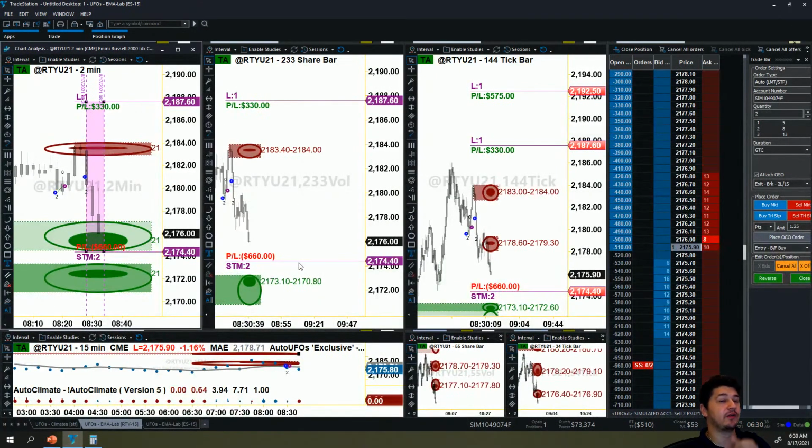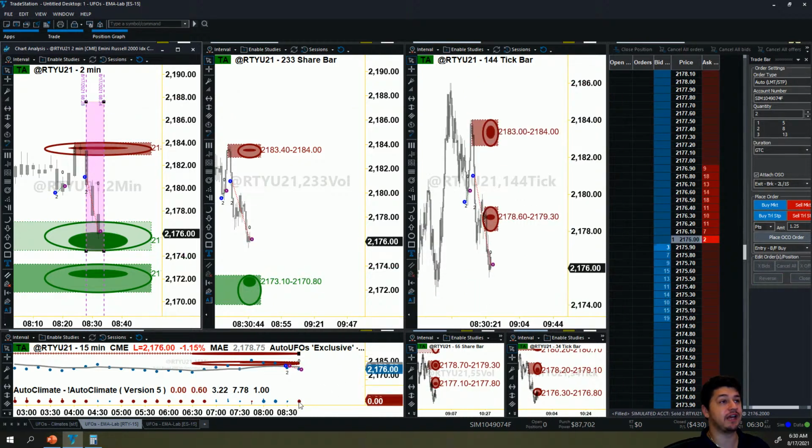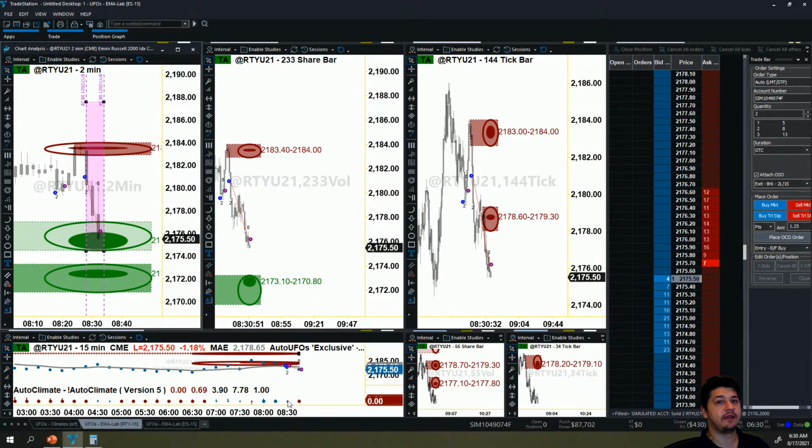All right, here we go. Russell's also giving up some, most likely looking like a stop out. Oh, it's a confirmed climate. We can go ahead and get out of this at order market. It's filled. Confirmed down climate right now. We're allowed to take this trade. Wait a minute, this became unconfirmed too. What the heck?